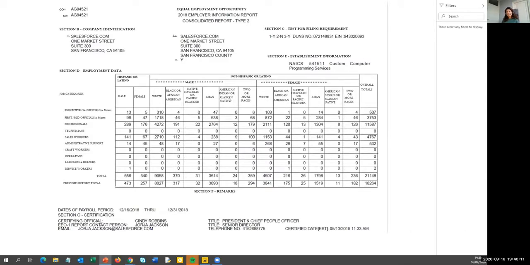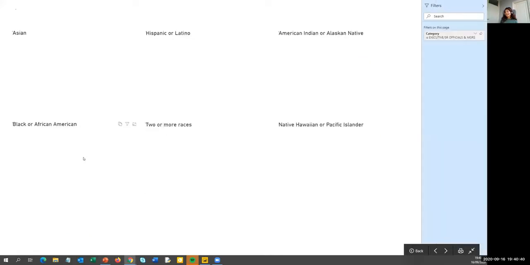Okay, recently there has been a lot of conversation around diversity. So I was curious to see how diversity looks in Salesforce, and I found this table on their website. This is showing me ethnicities, gender, and position categories in Salesforce, and I believe it's only the US. So with this data, I created